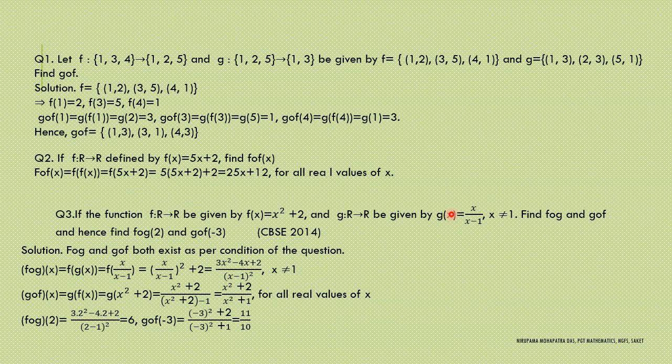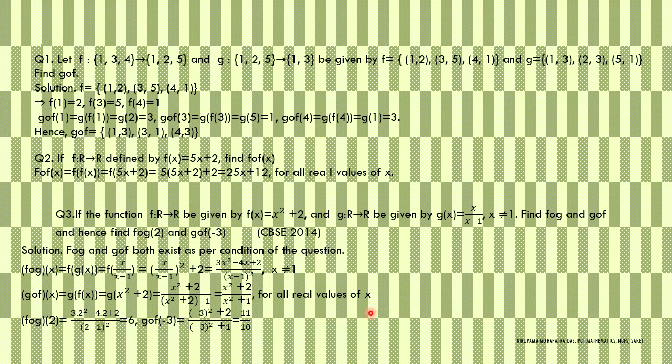So whatever you put in place of x, in the right side x will be replaced by that quantity. So you have g of x square plus 2, so here x square plus 2 by x square plus 2 minus 1. So we are getting g of fx equal to x square plus 2 by x square plus 1 for all